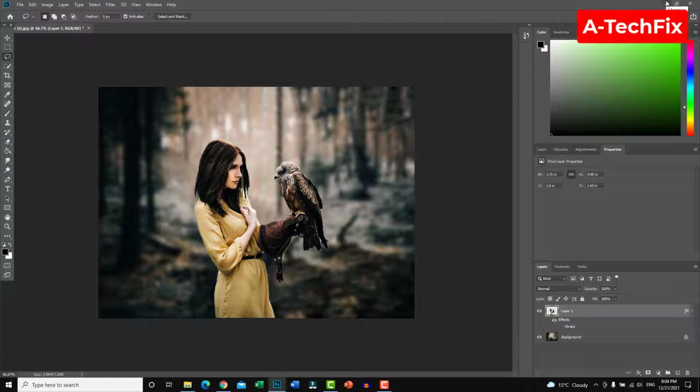Today in this tutorial video I want to show you how you can outline your photo easily. So simply, guys, as you can see, we have a background and a photo. Second layer, a photo. As you can see, we have a girl and I want to make an outline for this girl. So simply, first of all, select your layer,